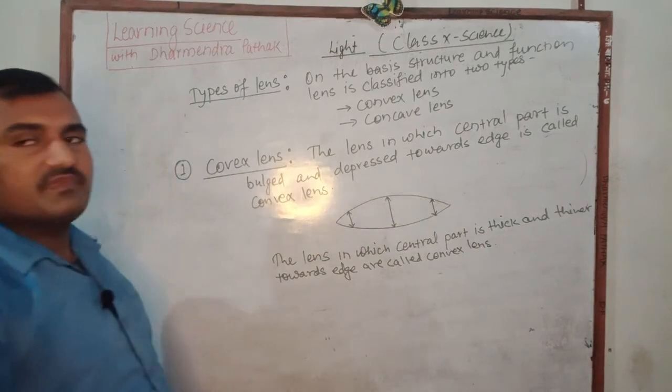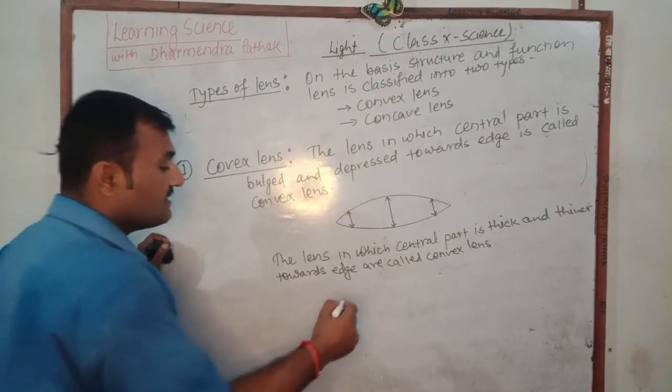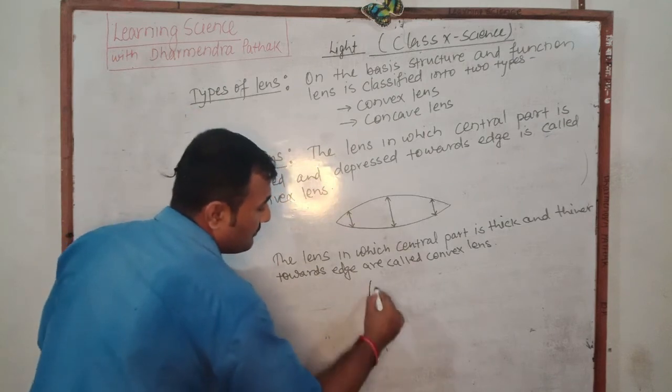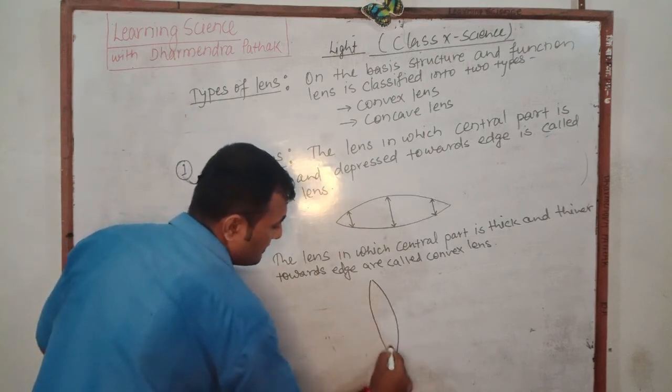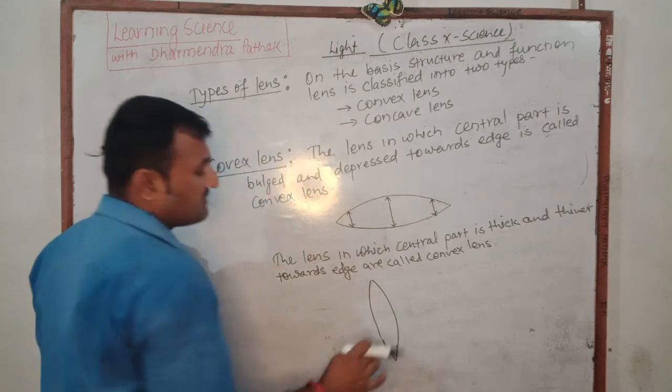And another nature of that convex lens is here, due to its structure, thick at the center and thinner towards the edge,